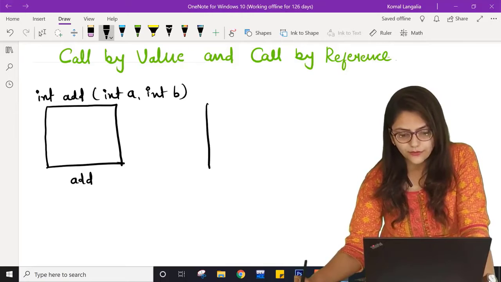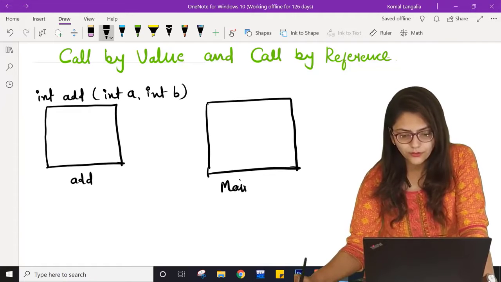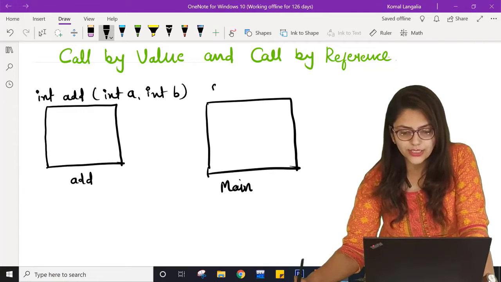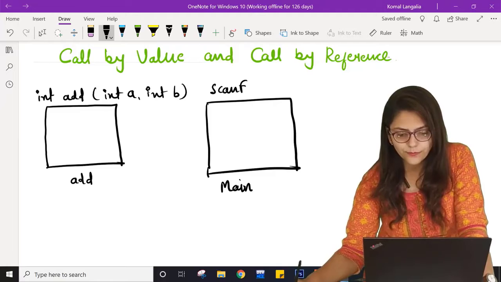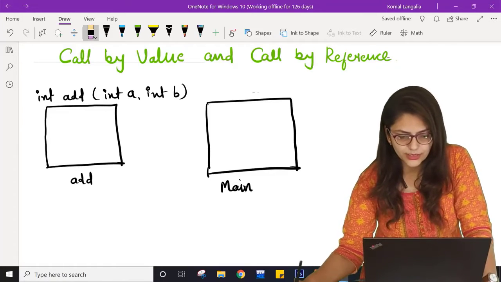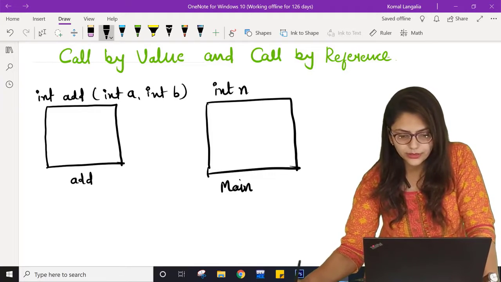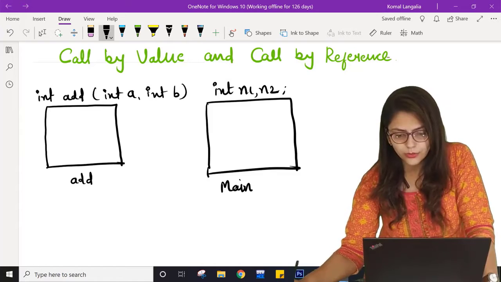So this is the add function. This is the main function, right? So we know that main is also a kind of function. Inside main I have declared two variables, int n1 and n2, right?